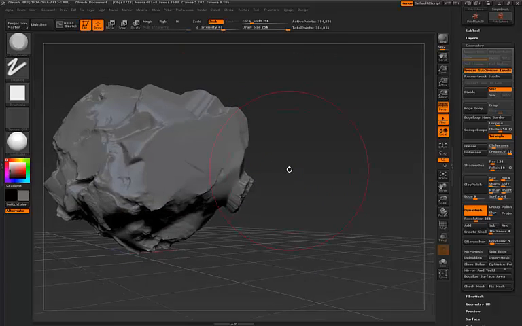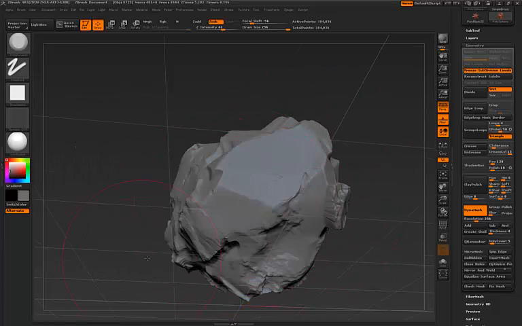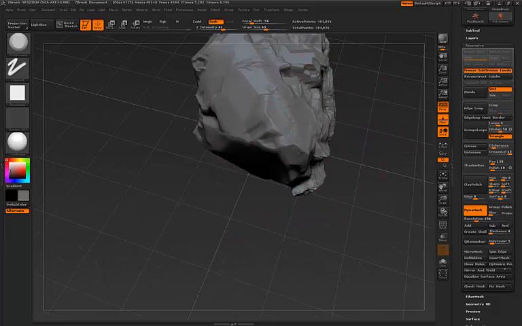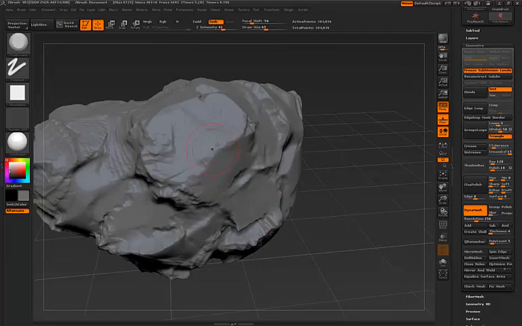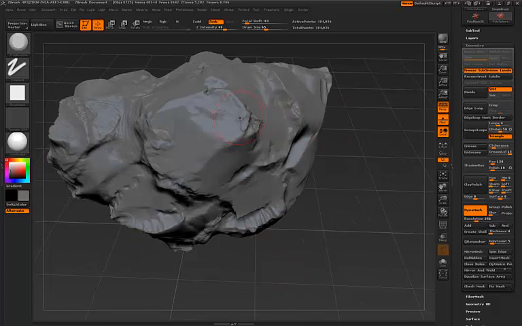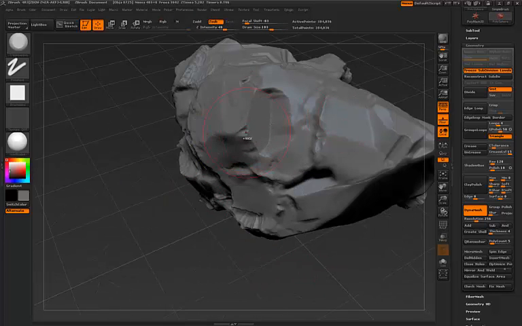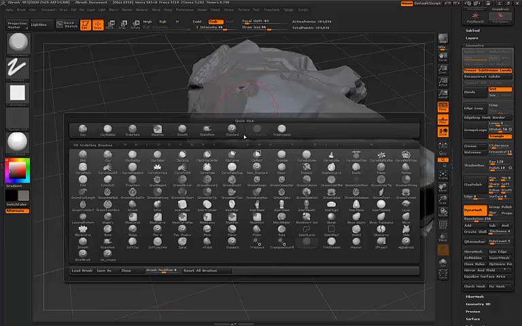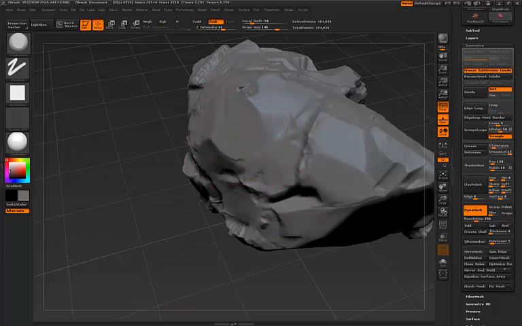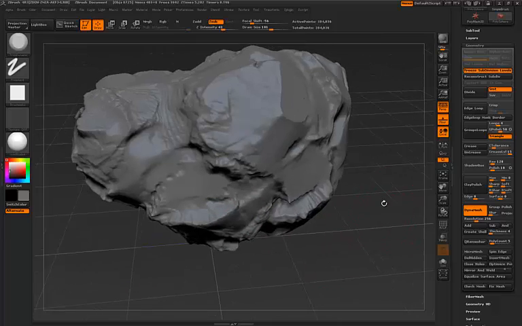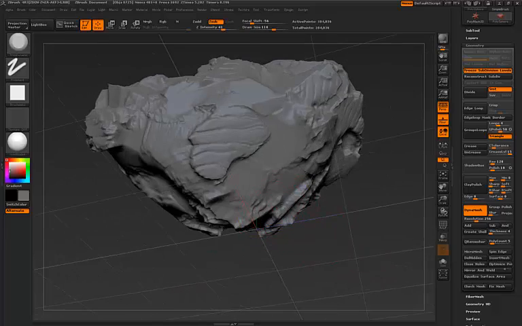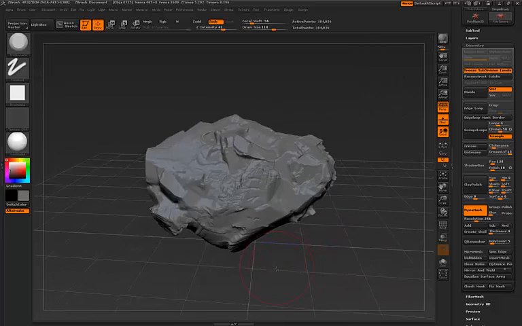And yeah, switch between trim dynamic and trim adaptive, depending on when one is needed and the other isn't. Like this. I just want to smooth this out, but trim adaptive doesn't make sense here, so trim dynamic. Ooh, beautiful. And basically, when you're done and happy with the shape, this looks ugly as hell though, but at least